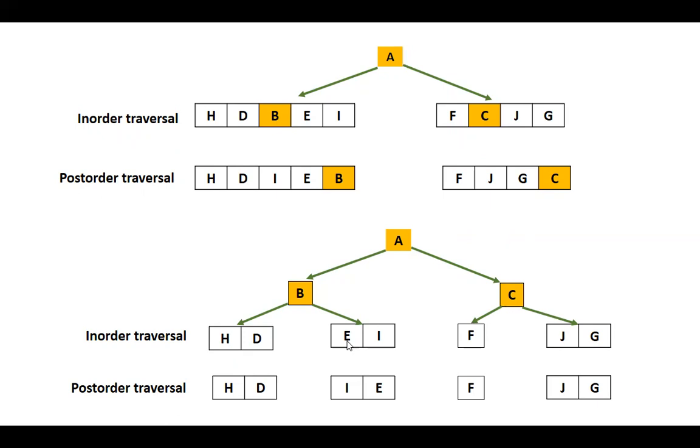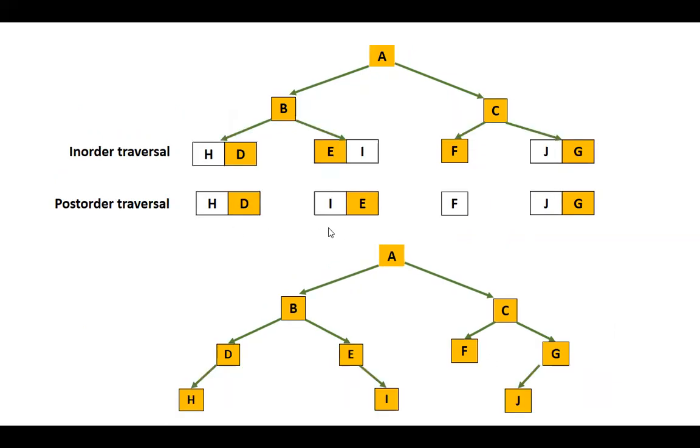Why do we trace it every time in order traversal? Because you get the left child and the right child, or the left subtree elements and the right subtree elements. Right? Now, D is the root. When you trace it in order traversal, it does not have any right element, right? But it has a left child, that is H. So it will be B, D, and left side of D is H.